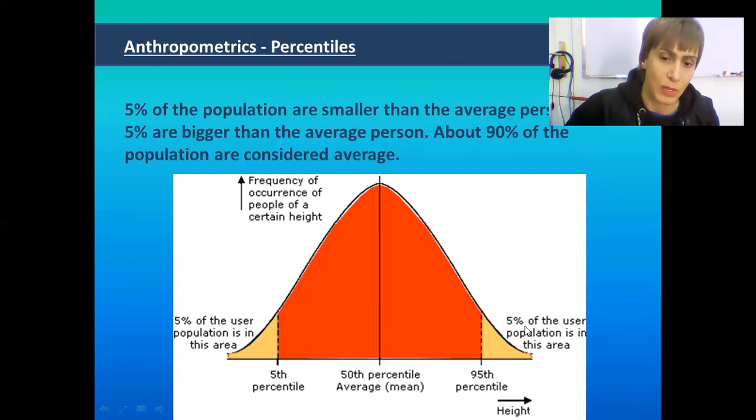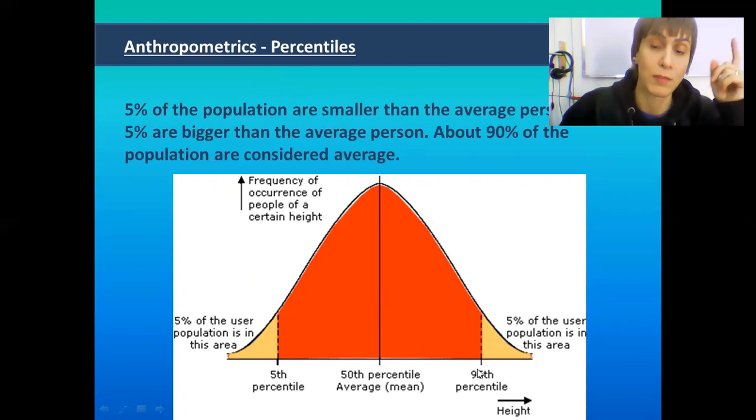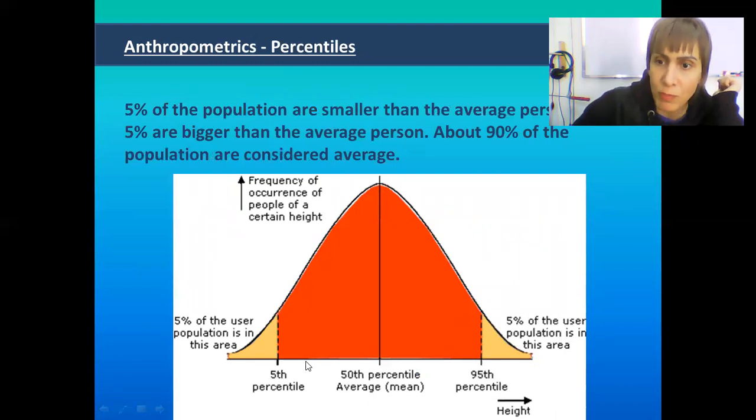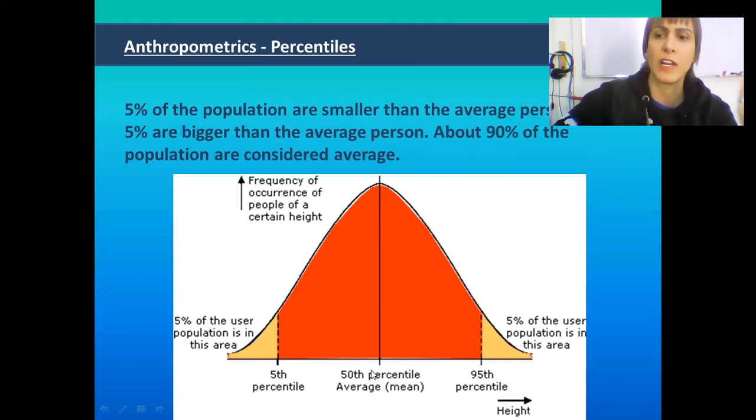Now, we will discuss this a little bit more in detail later, but in many designs, designers select the 95th percentile numbers for their design. Now, what is the 95th? If I select the 95th percentile, what does it mean? It means all of these. So the average people and the small people will easily fit